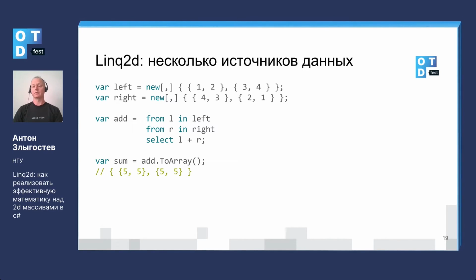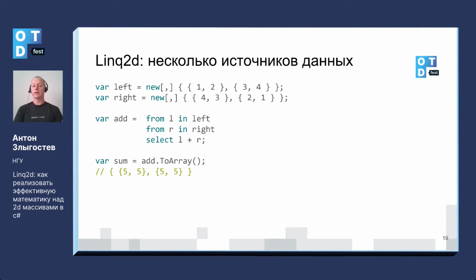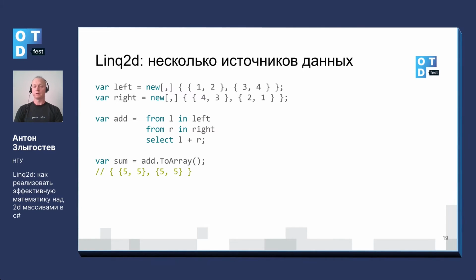If we would like to work with this set of data sources, then usually it's the join operator, which is designed for heterogeneous types of data. But in our case, we just have arrays that would need to be put on top of each other, and we don't use join. Thus, in Linq2d, you just name the sources of data a number of times, and here we have L and R, and using select we can